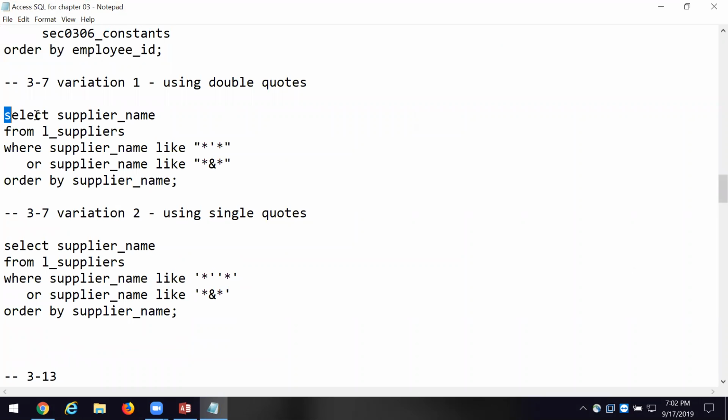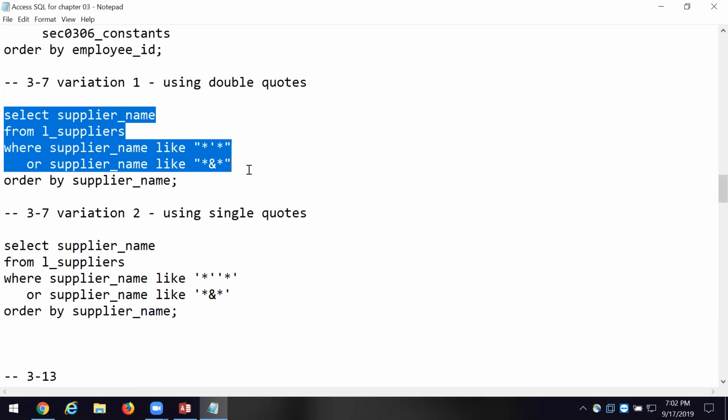All right. Let's look at this fourth line. Now here I'm saying, or the supplier name is like asterisk and. So I'm looking for anybody whose supplier name is whatever and something. The asterisk says wild card on the first name before and the next one. So if it was like the supplier name is like Kruger and Harmon,